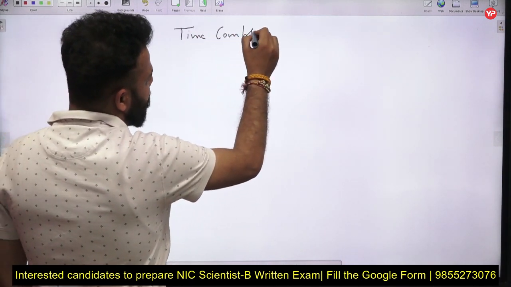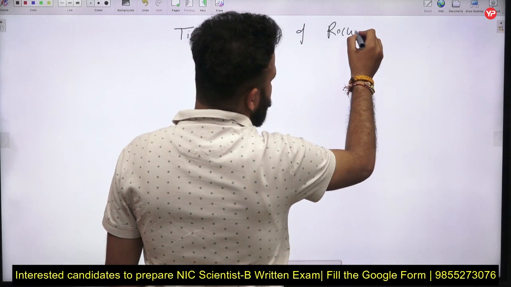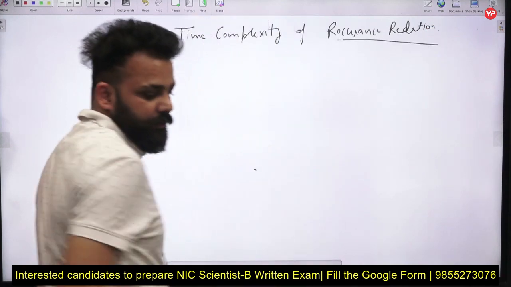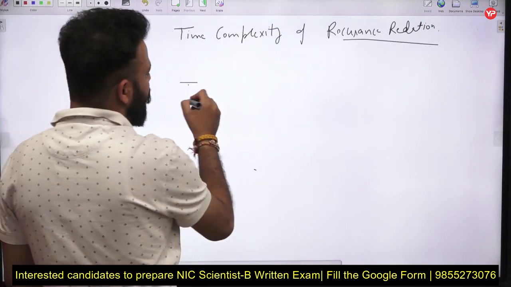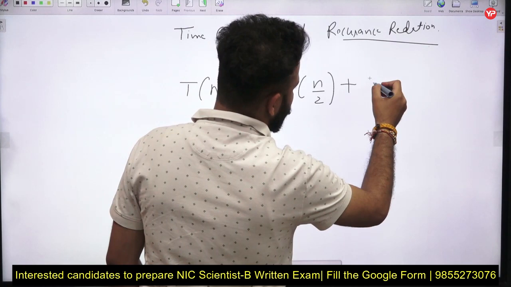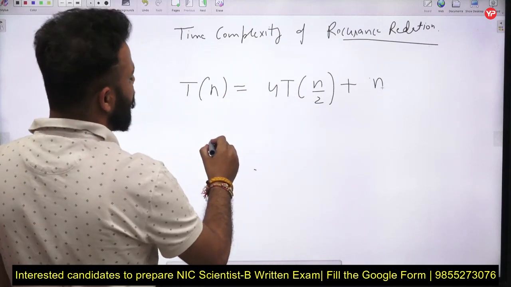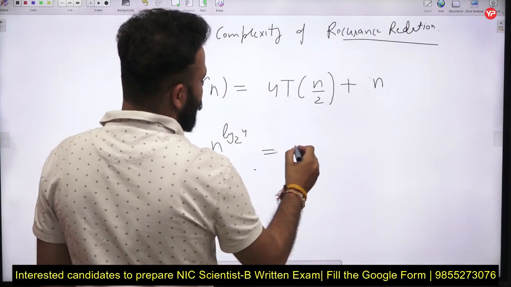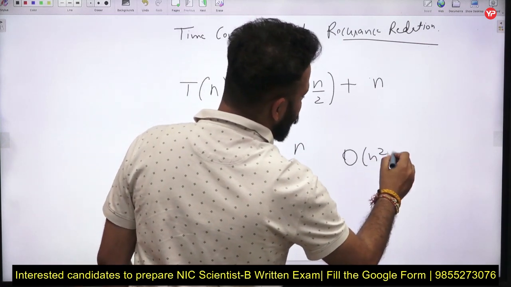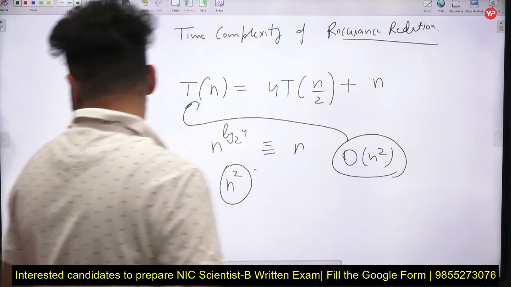time complexity of recurrence relation. So the type of questions that can be asked in master theorem are, let's say that you have been given a recurrence relation T(n) = 4T(n/2) + n². If you know how to apply master theorem directly, you will compare this with n and you will get the answer n² is greater, so the time complexity will be order of n² for this recurrence relation.